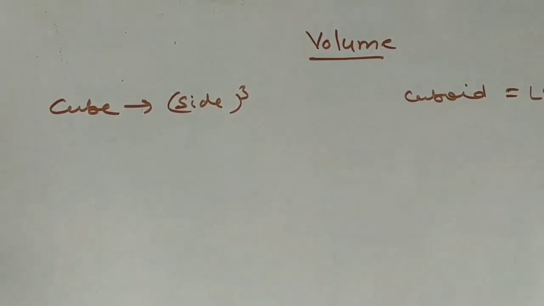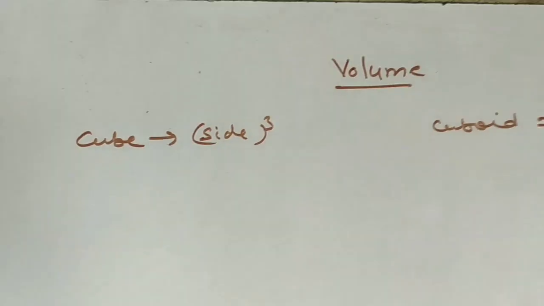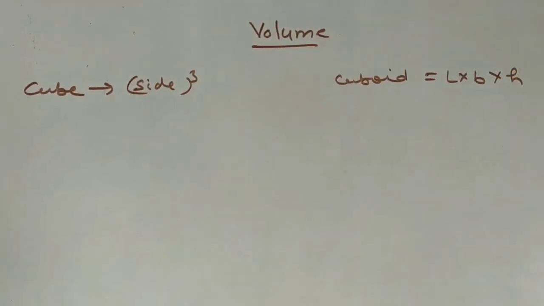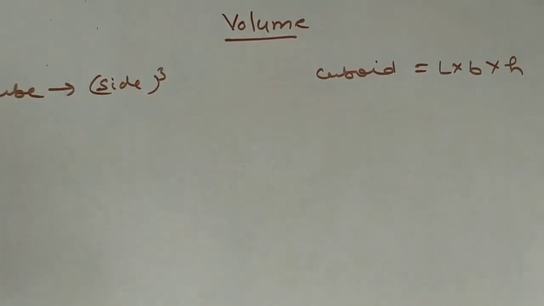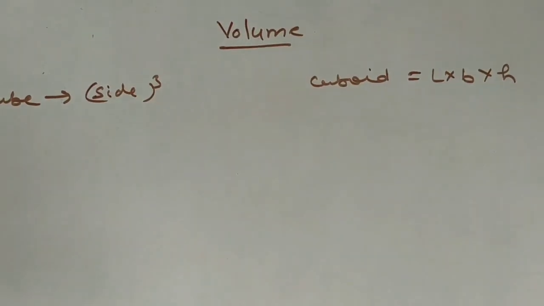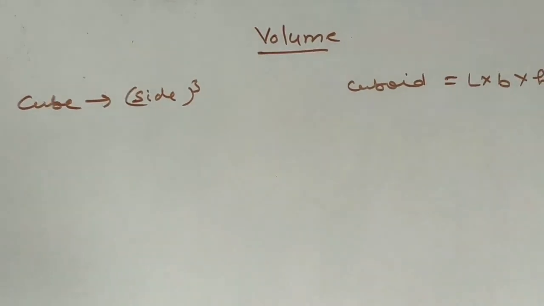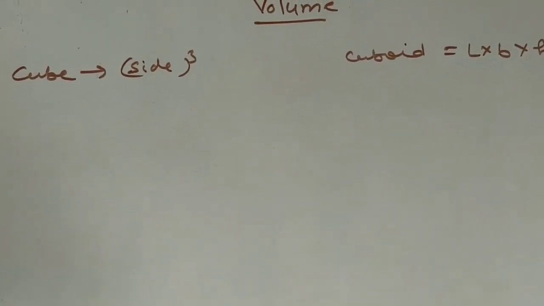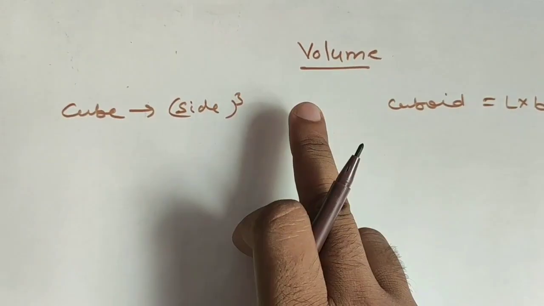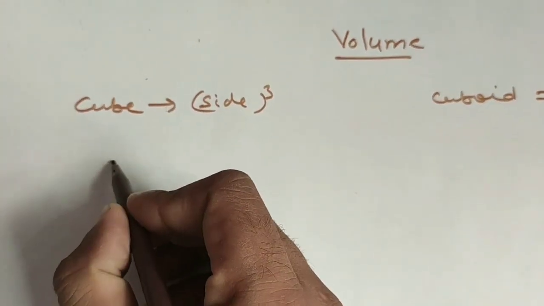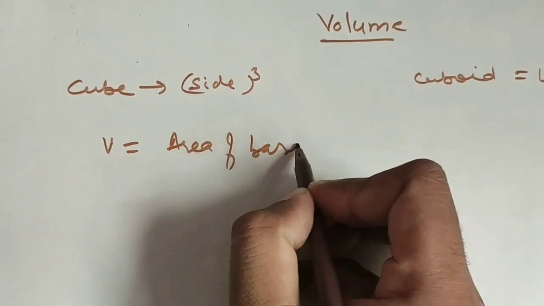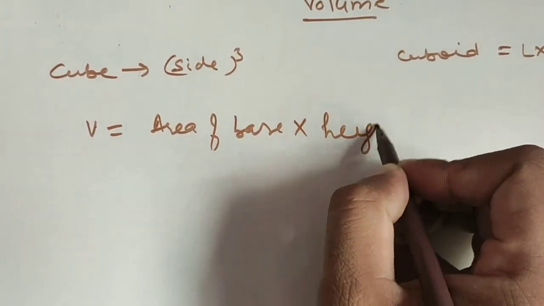So class, next is about the volume. So now volume of cube and cuboid. So we know that volume of cube is cube of the side and volume of cuboid is length into breadth into height. So in case of uniform cross sections, you can learn the formula for volume as: volume will be area of base